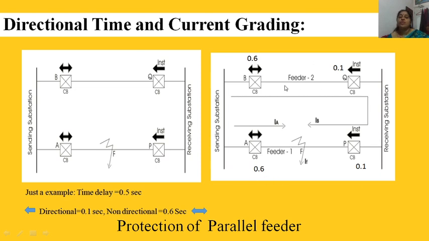This scheme provides backup also. Suppose this relay fails to operate, what will happen? Which relay will operate if this relay fails to operate? Definitely, if this fails, this Q relay is not operating. For a fault at F, if P fails to operate, then A is operating as well as this B is operating. If this fails to operate, then B will operate. Otherwise, the faulty section gets disconnected and the healthy section will remain intact.